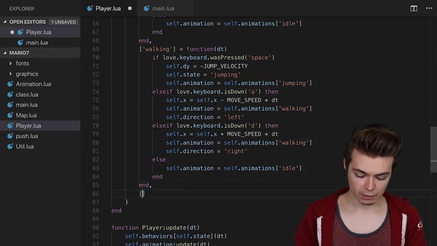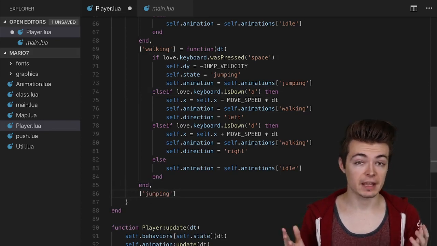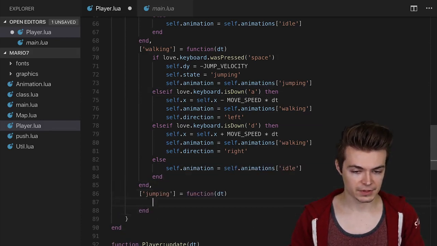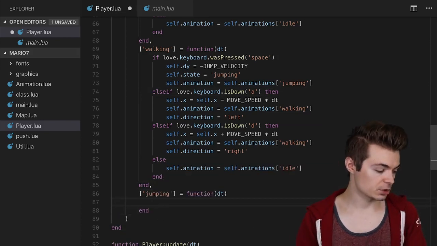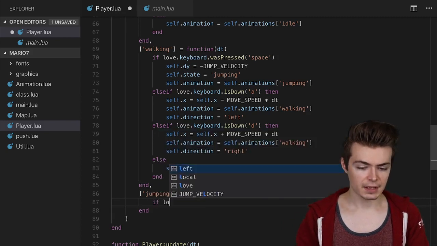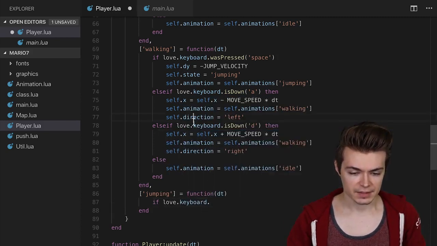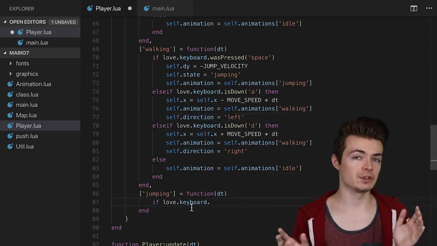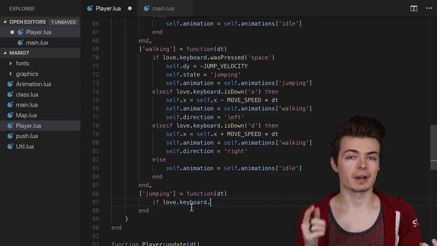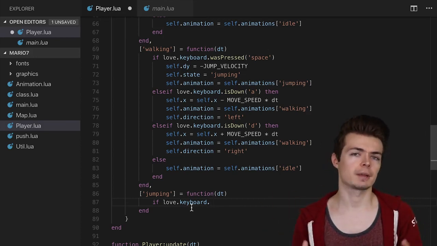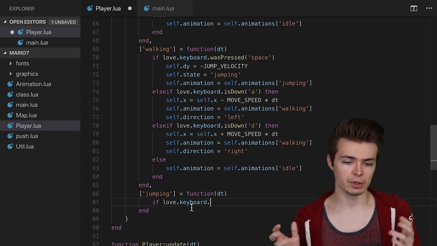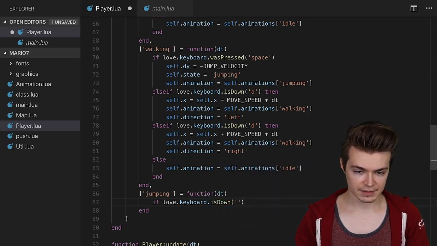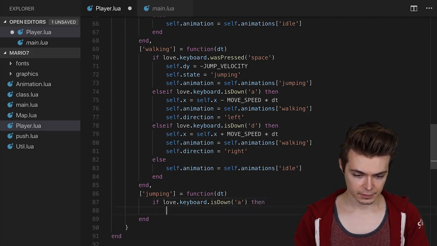And then lastly, we want to also have a jumping behavior. Remember, this is going to be a function that we store at the key in our self.behaviors table. And so if we're jumping, I want to say if love.keyboard. Well, I essentially want to take the movement code from here and bring it down here, but without triggering a change. I want to stay jumping until I hit the ground, but I do still want to be able to move in the air. This is a feature that Mario had in Super Mario Brothers, which gives you a little bit of maneuverability. So I can say if love.keyboard.isDown, and we'll say in this case A, then else if